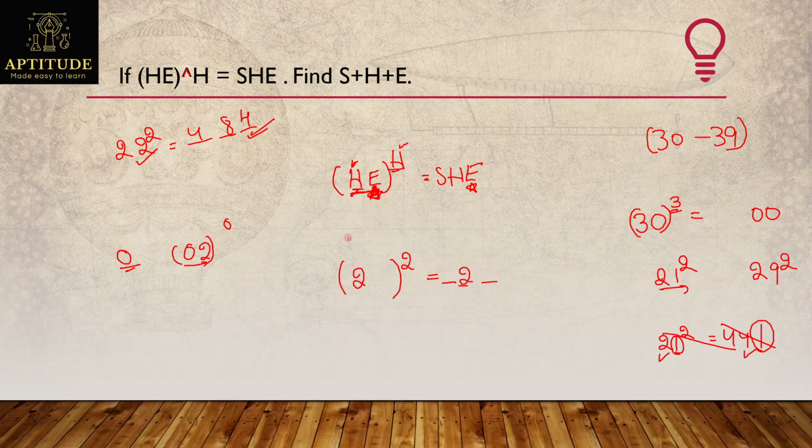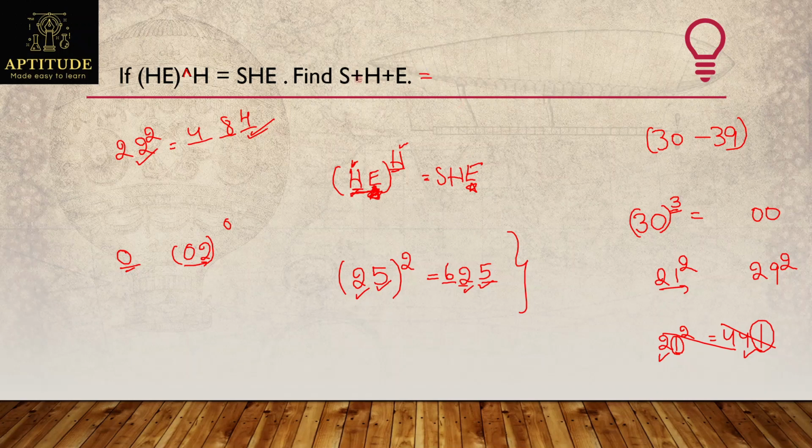So the only value which matches is 25 square. The 25 square value is nothing but 625. So here the E value is matching, the H value is also matching, and we get a different value for S also. So this is how we can solve this, just by using a small logic, by eliminating all values for H except 2, and the E value should match. So by that I can say 25 square is the answer, that is 625.